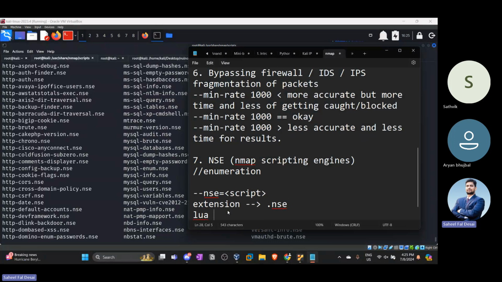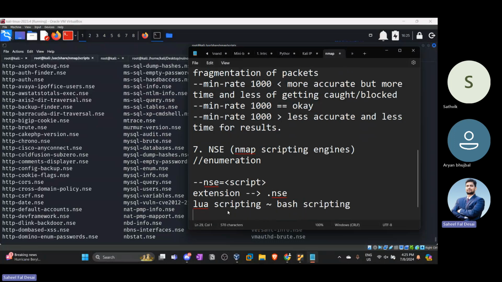If you want to write your own custom NSE script, it is called Lua scripting. Lua scripting is almost equivalent, I can say, to Bash scripting, but yeah, you need patience to write in Lua scripting. It's a very low level programming language, scripting language basically. Okay,